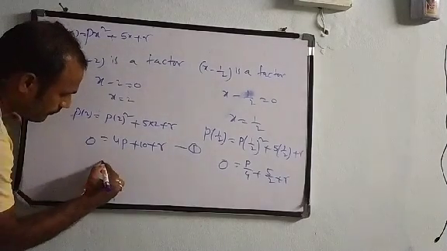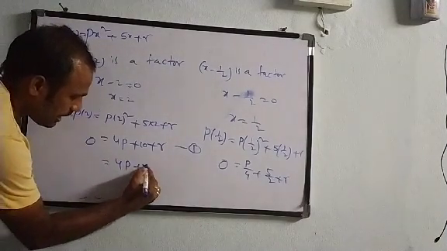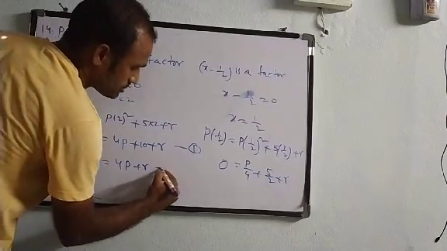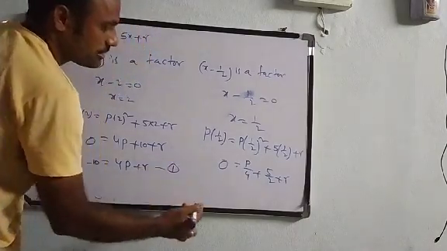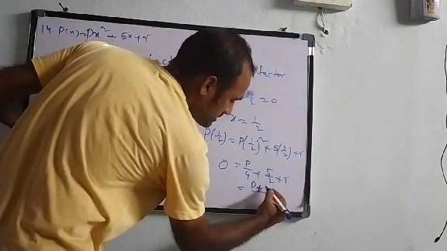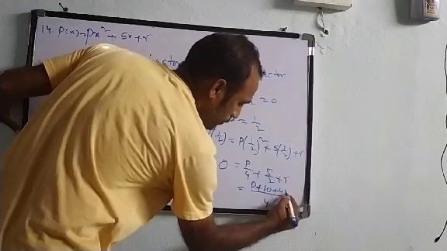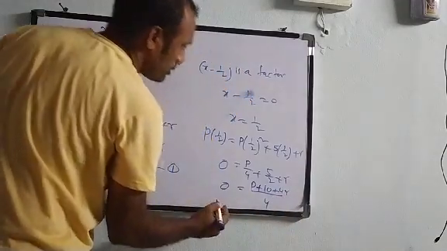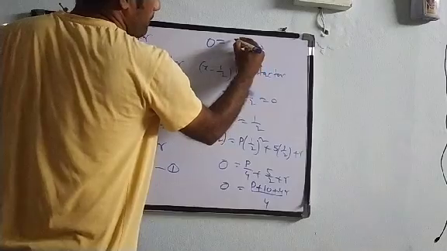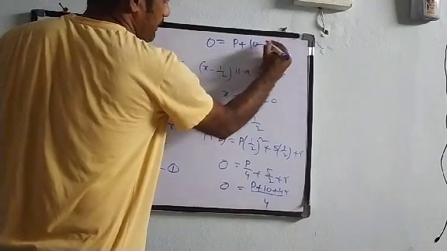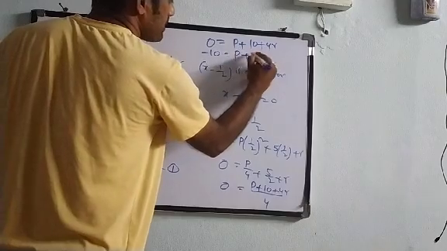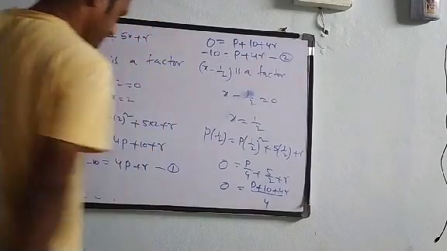Now here 4p plus r is equal to minus 10. So this is the first equation, no need of this. So here the LCM is 4. So it will be p plus 10 plus 4r is equal to 0. So this can be written as 0 is equal to p plus 10 plus 4r. So minus 10 is equal to p plus 4r. This we can keep as the second equation.